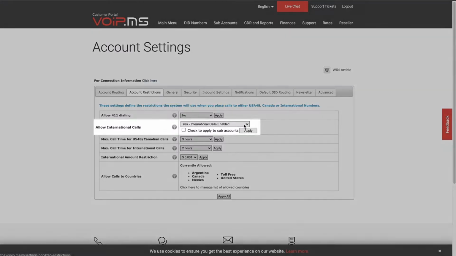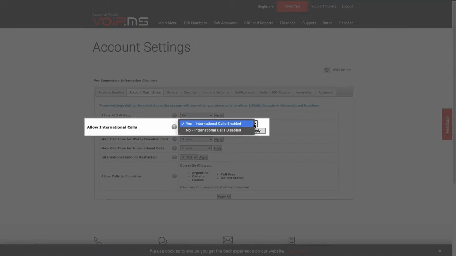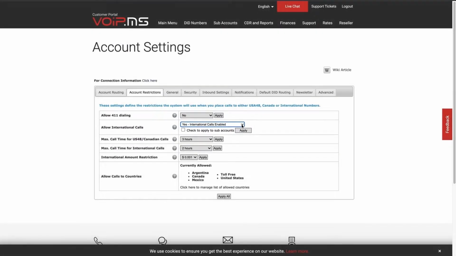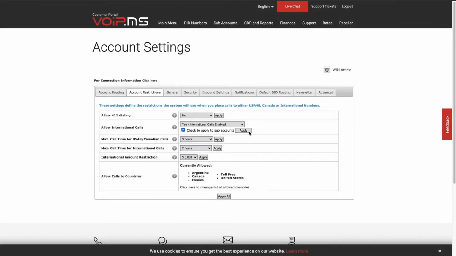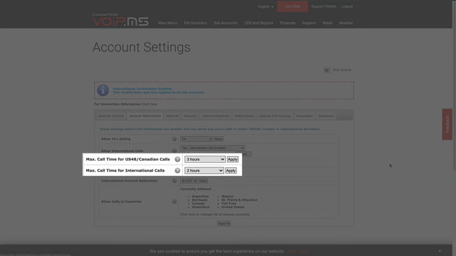One of them is Allow International Calls. This setting allows you to enable or disable outbound international calls. If you also want to apply it to your sub-accounts, simply click the Check to Apply to Sub-Accounts checkbox and hit the Apply button. Next, there are both the Max Call Time for US 48/Canada and Max Call Time for